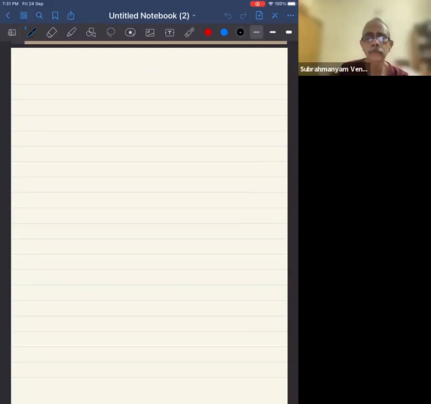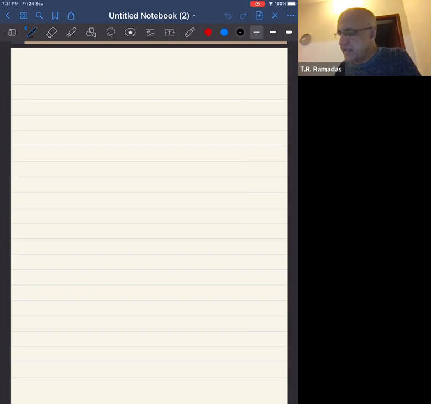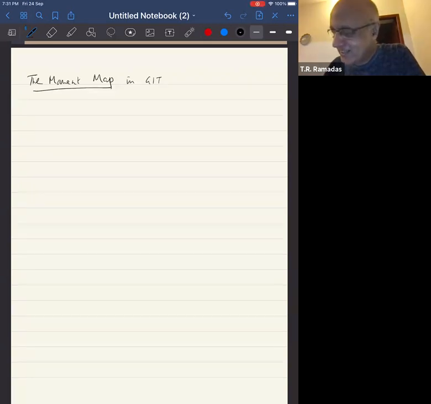What I choose to do today is to give you a quick introduction to the moment map in GIT. So this is a sort of Deus ex machina. This is something from differential geometry, which seems to, on first sight,